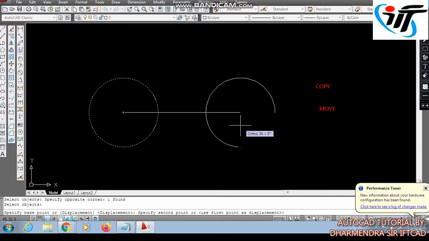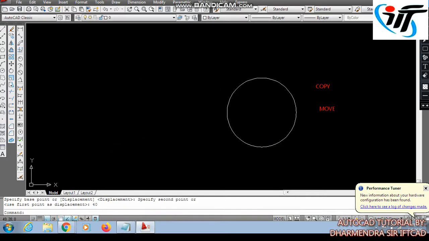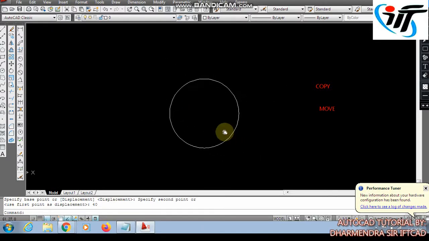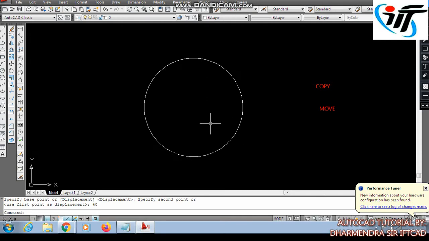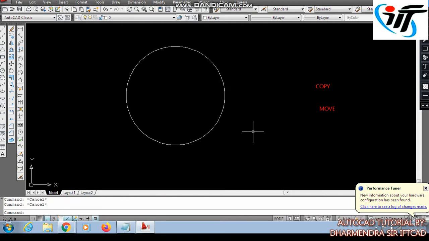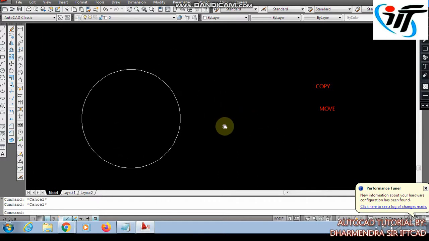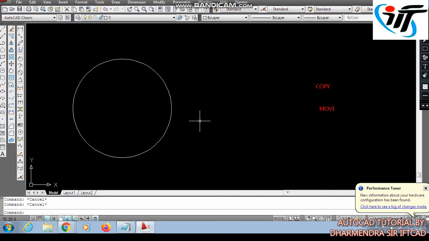For displacement we will provide the required length. We will provide 40 unit, and the object is displaced from the base by 40 mm. This way we can move any object from any location to a desired location.